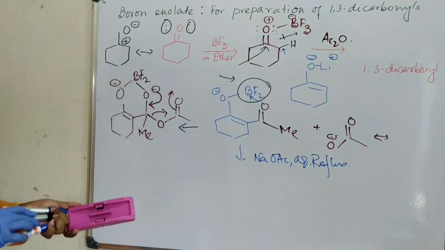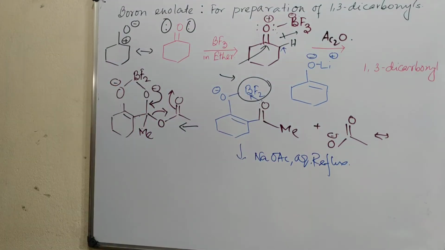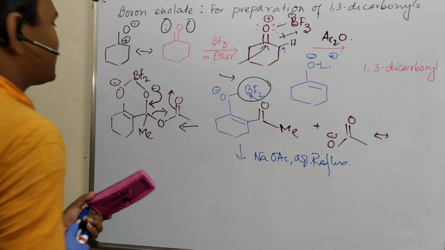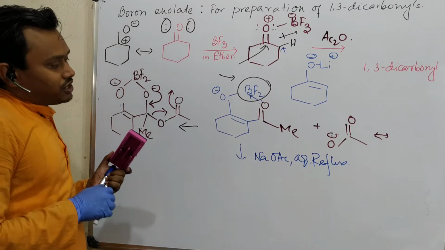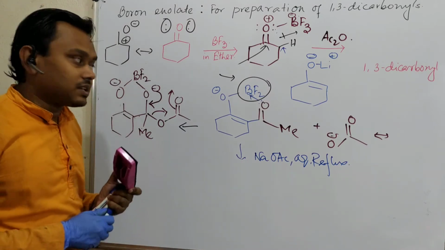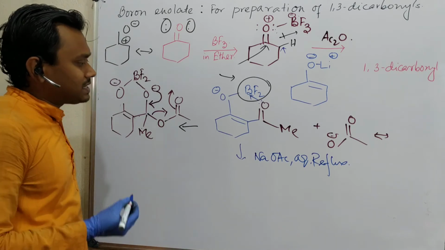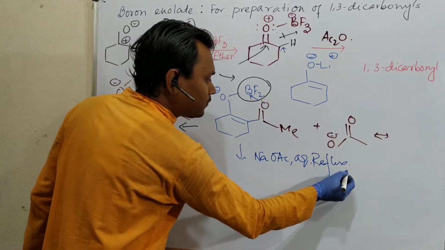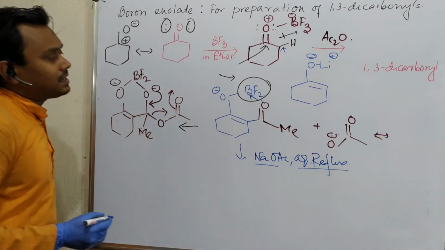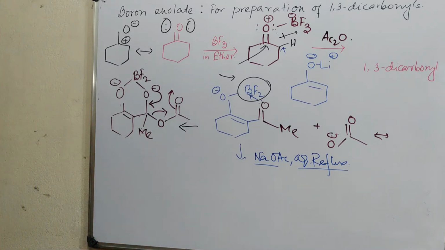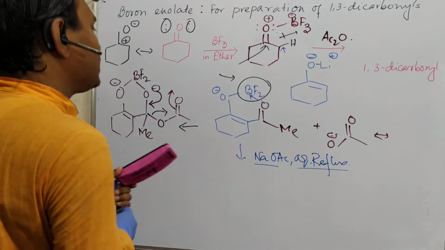Now question is, okay, sorry, electricity came, previously it was not here. Now question is, this is aqueous hydrolysis of this BF2 reagent. So if we do the reflux, then we can expect that this refluxing will result in the formation of the final enol, or better to say removal of this boron reagent.